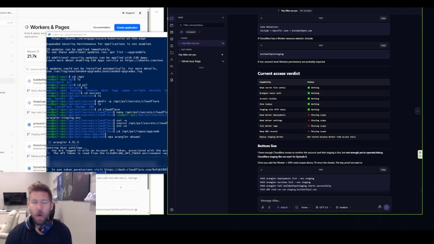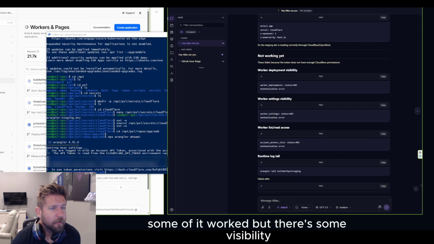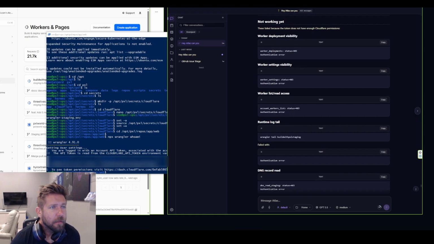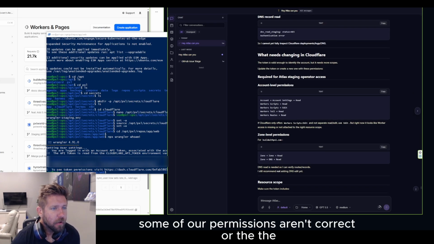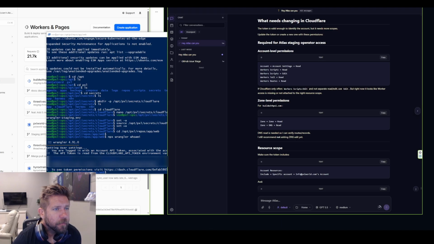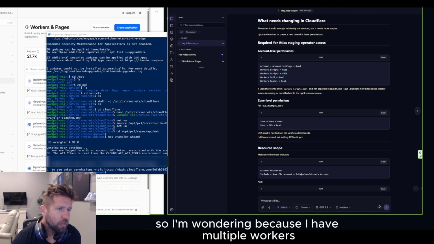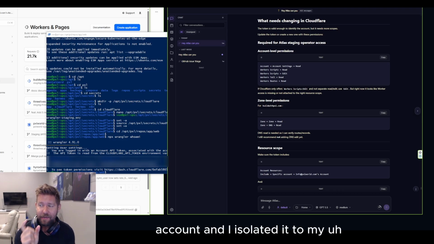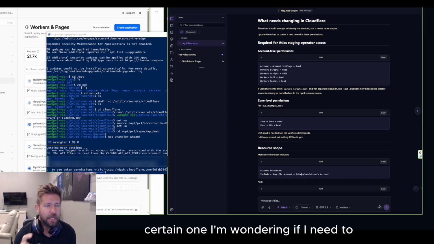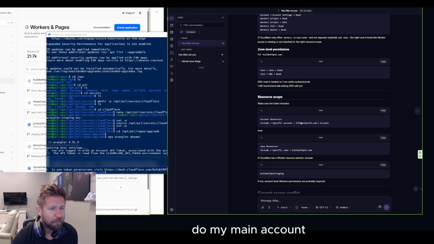Atlas. Okay, it came back. It said that some of it worked, but there's some visibility that does not work. So some of our permissions aren't correct, or what we added. So we need this, and these are account level permissions. Because I have multiple workers and this is under a main account, and I isolated it to my certain one, I'm wondering if I need to do my main account. And